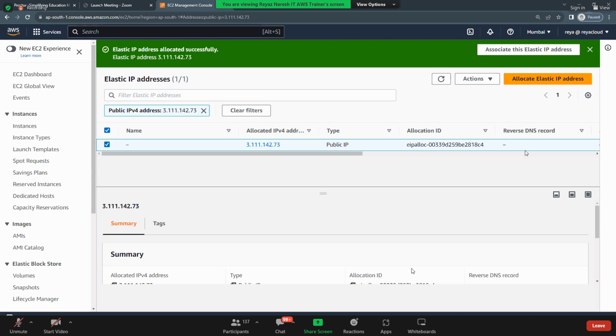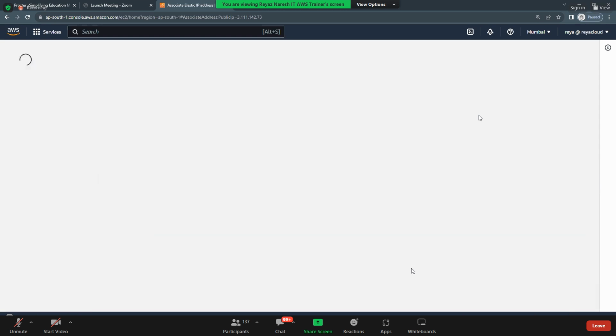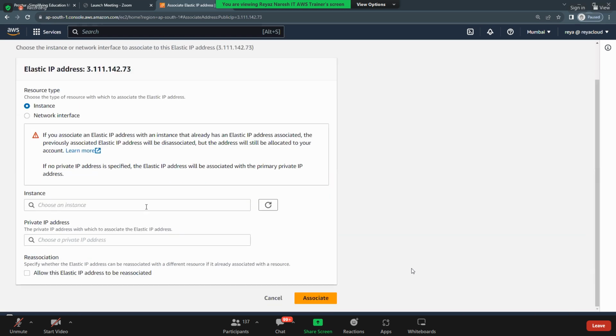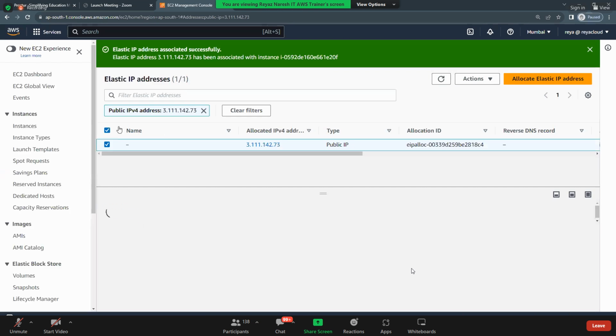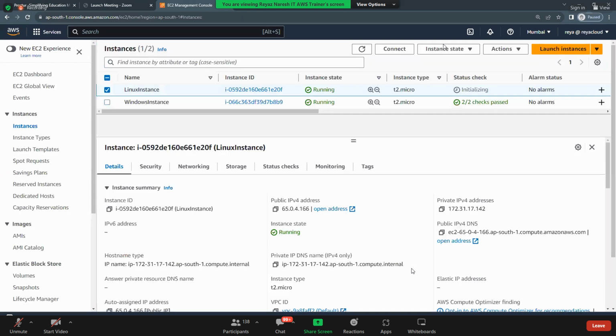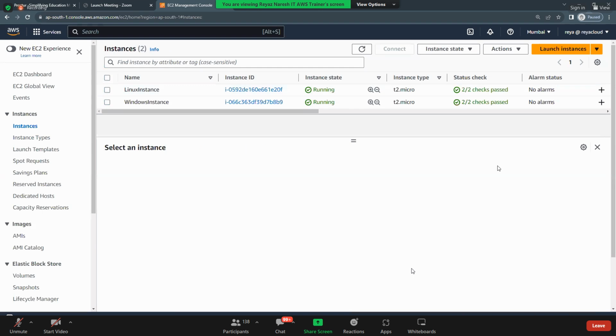How to associate? Click on actions and then associate elastic IP. Click on it. To which EC2 instance do you want to associate? Linux instance. Select it and then click on associate. Simple. Now I go to the EC2 instance and refresh this and select this.